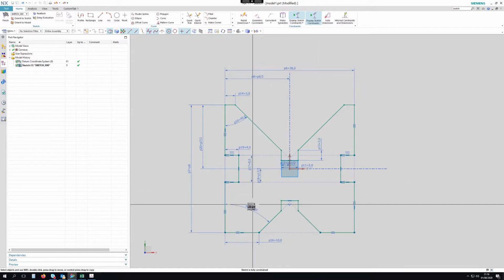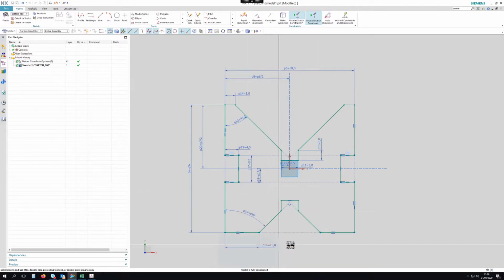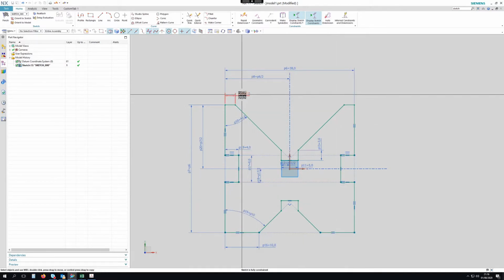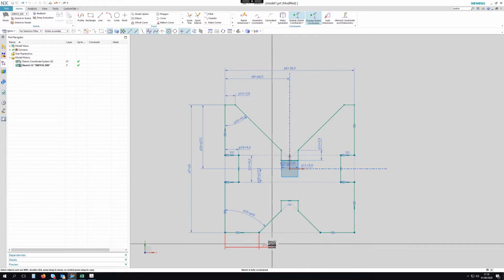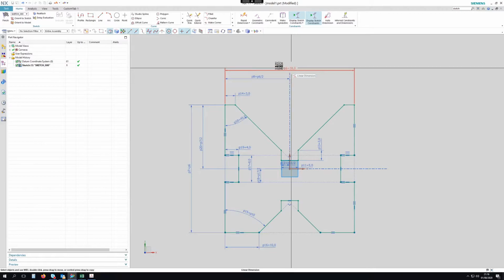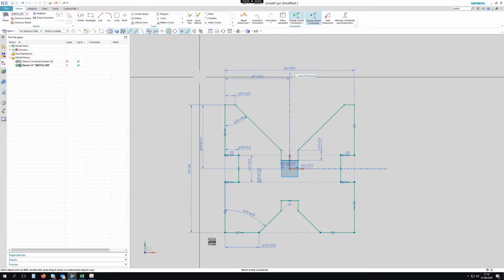So that pretty much does what I want in the sketch itself. It's got the constraints that I want, and to move this around, I can change this dimension or this dimension, and that does what I want to the V's, or I can make the block bigger or smaller with this dimension. Right, so I'm happy with that. The sketch is fully constrained. I can finish the sketch,